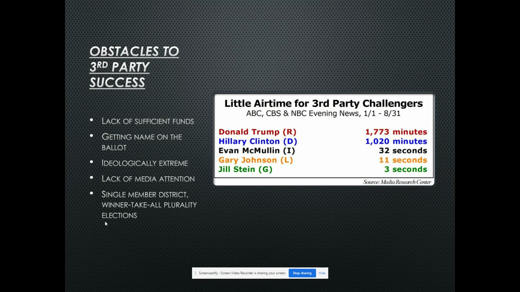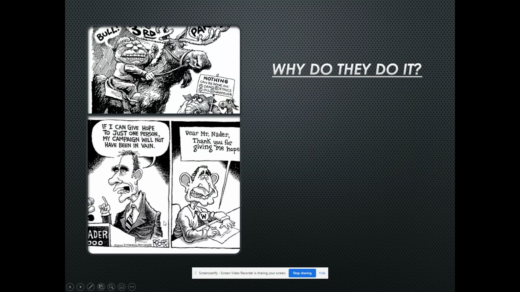In our country, you get 30% of the vote in a House race or a Senate race, you get nothing to show for it. You get zero. So we have more of this winner take all system where you get the most votes, you win. If you don't, you're just a loser. And again, other countries don't do it quite like that. They allow you to build some momentum, have some representation in government, show what you can do. And now all of a sudden, it's like you can increase in your power and strength and numbers.